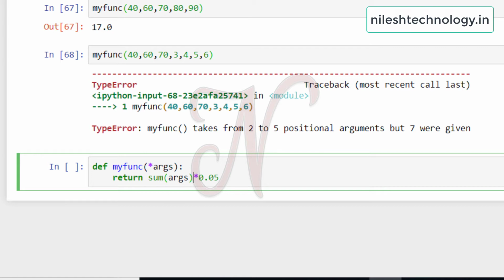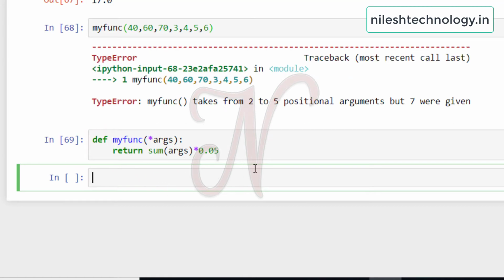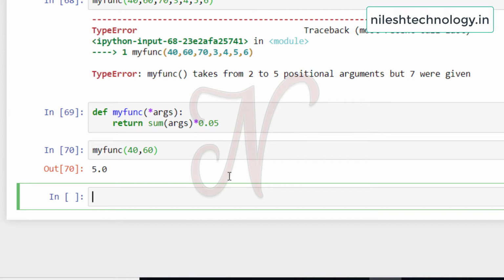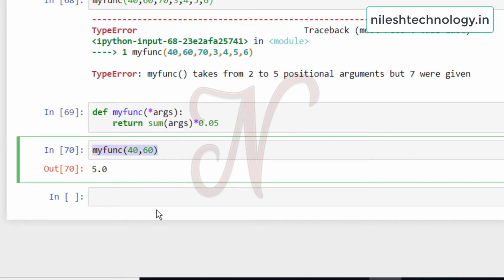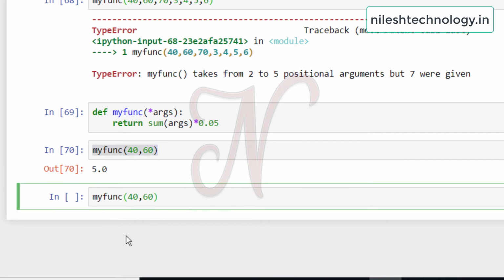See here, run this code, then my_func with the first two parameters, 5.0. Then again copy paste this code using 5 parameters, 2 3 4 5.